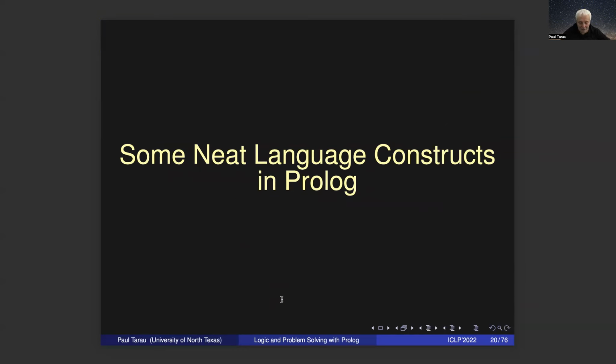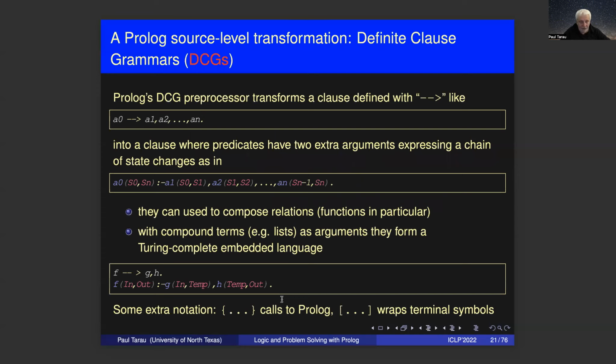Some neat language constructs now in Prolog. Let's look at definite clause grammars. Definite clause is another name for Horn clauses, and then grammars made with them are definite clause grammars, or DCGs, an abbreviation that everyone that plays with Prolog knows by now. But the DCG preprocessor, kind of a macro mechanism at read time, does is that it transforms this special symbol arrow here. This is the first